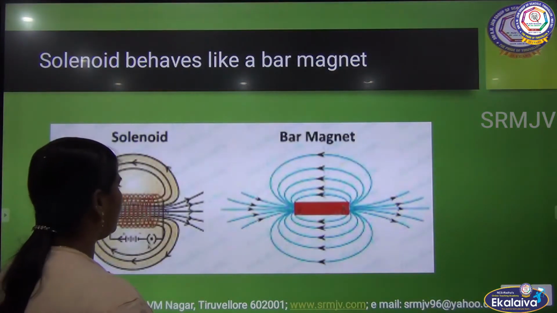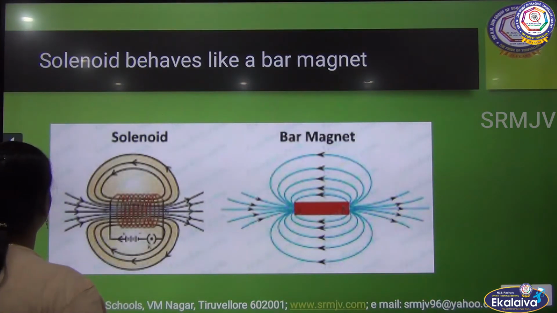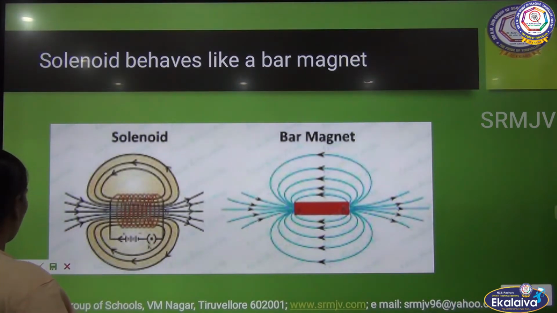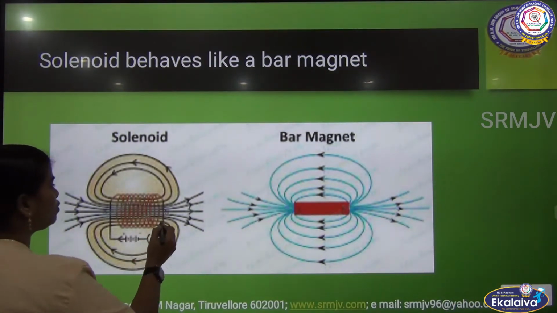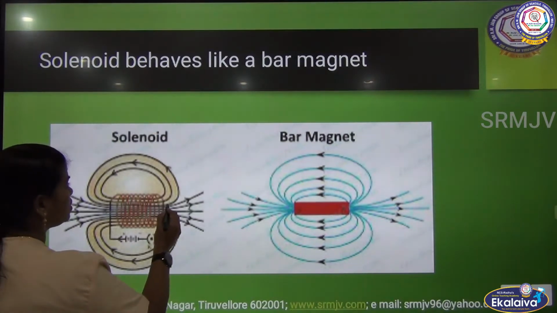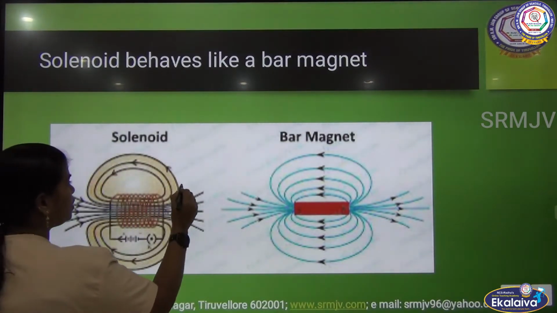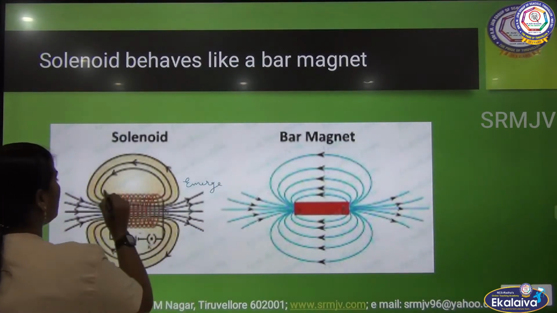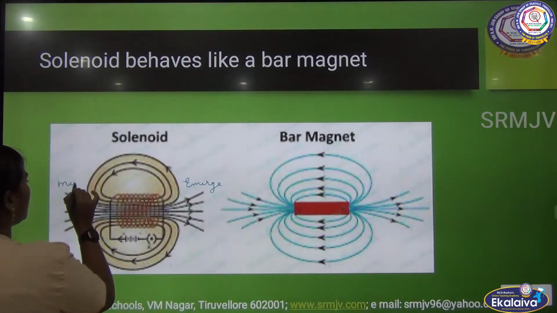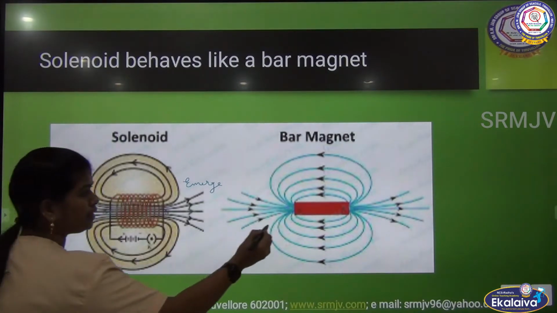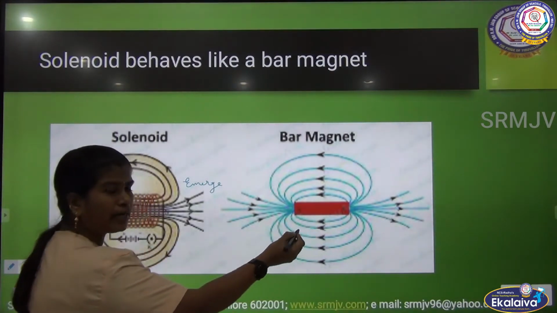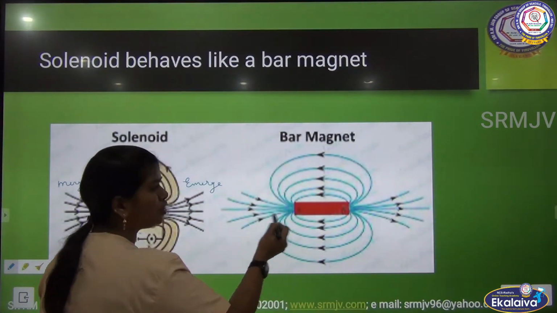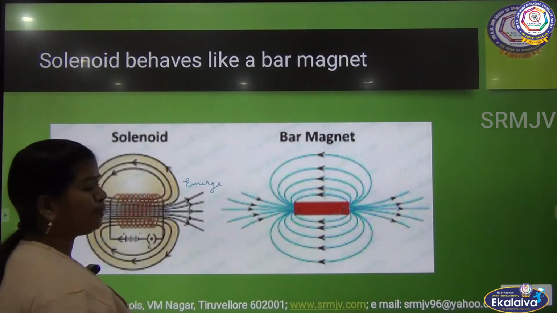Now, with the picture I will explain these points. You can see here, the magnetic field lines emerge from one end and merge at the other end. In the bar magnet also, the field lines emerge from the north pole and merge at the south pole. Same here.